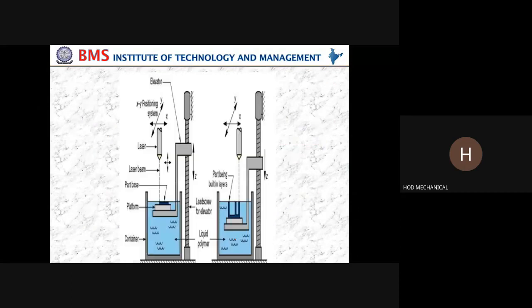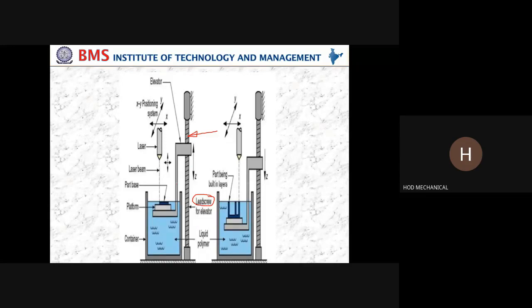Now one more diagram I just want to give, so that you get a clarity. The first diagram you just observe. Now you can observe, what is this? By observing the slash, you should understand that this is a lead screw. So this is a lead screw for the movement.